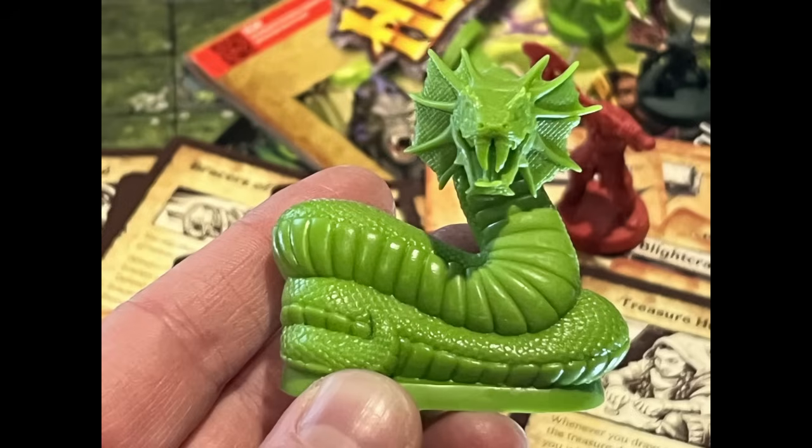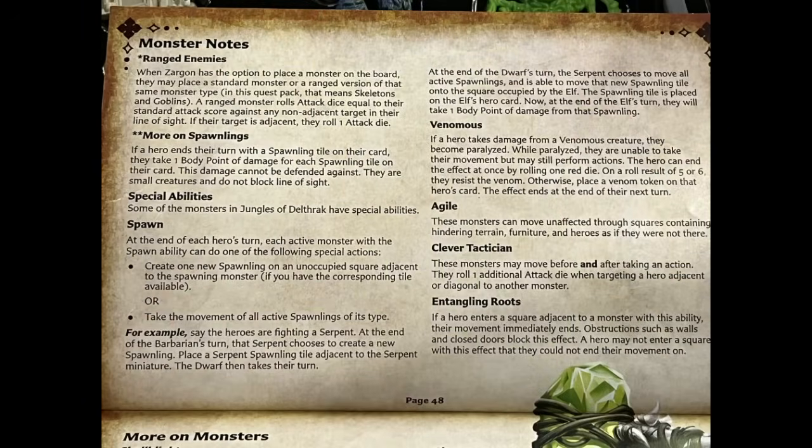I hope they are put to better use to make more memorable confrontations. And what about those keywords? The first is spawn. Any monster with the spawn keyword gets a special action at the end of each hero's turn. They can either create one new spawnling on an adjacent space, or move all of the spawnlings of its